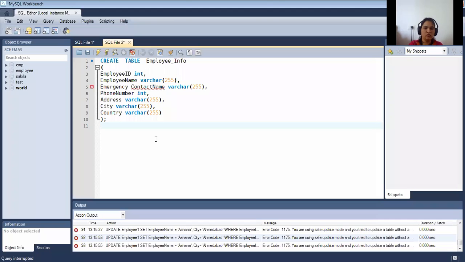See over here now. Is it visible? This is MySQL Workbench. I hope the screen is visible for everyone. Here I'm just firing the query create table employee info. I already installed MySQL. And when I execute this one,